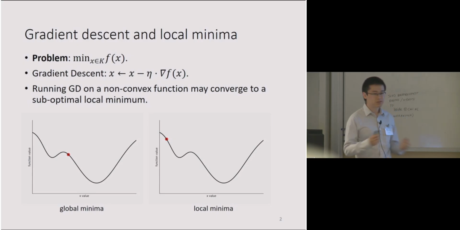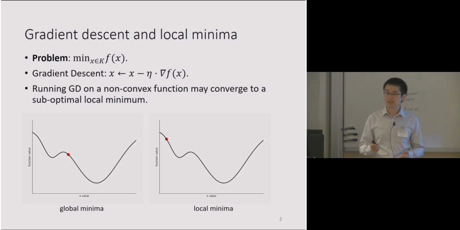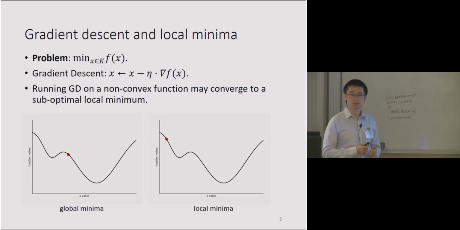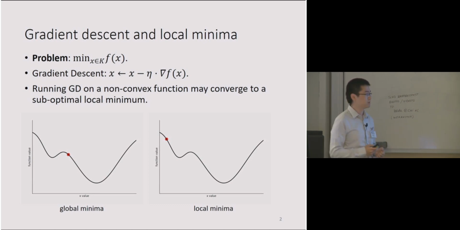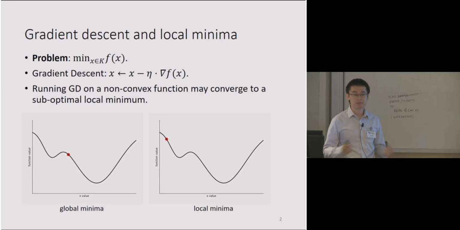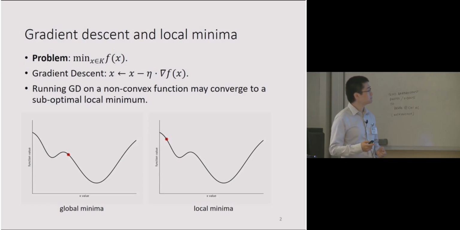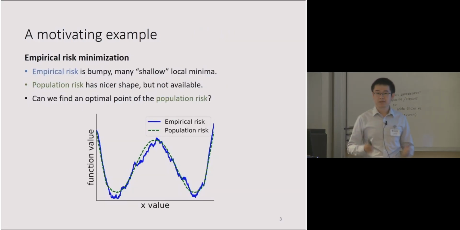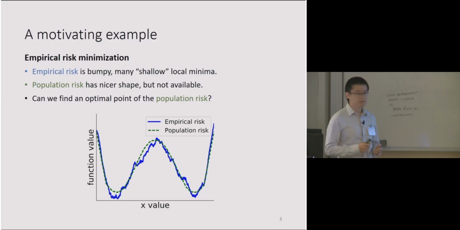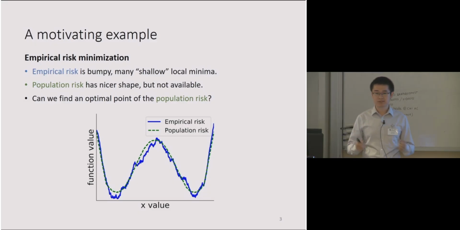But if we initialize gradient descent at different points, the algorithm can converge to different solutions. And some of these solutions are locally optimal but globally suboptimal. One of the major challenges of non-convex optimization is how to prevent or how to escape such suboptimal local minima. Although escaping all local minima is an NP-hard problem, we expect the algorithm to be able to escape certain poor